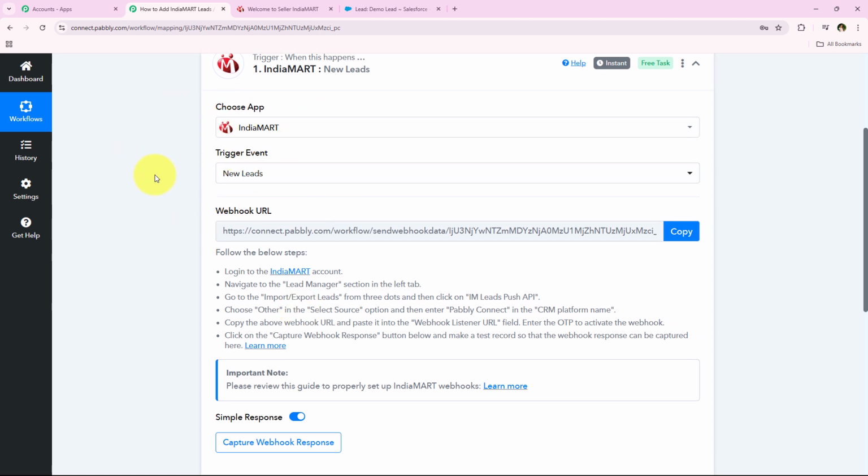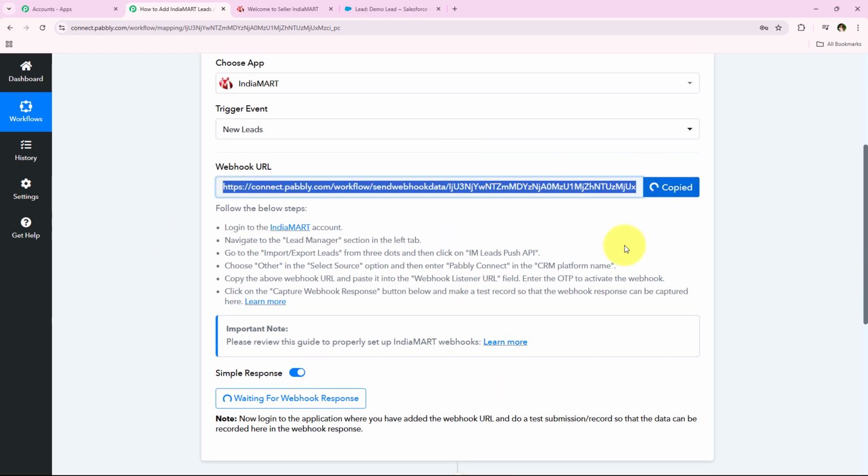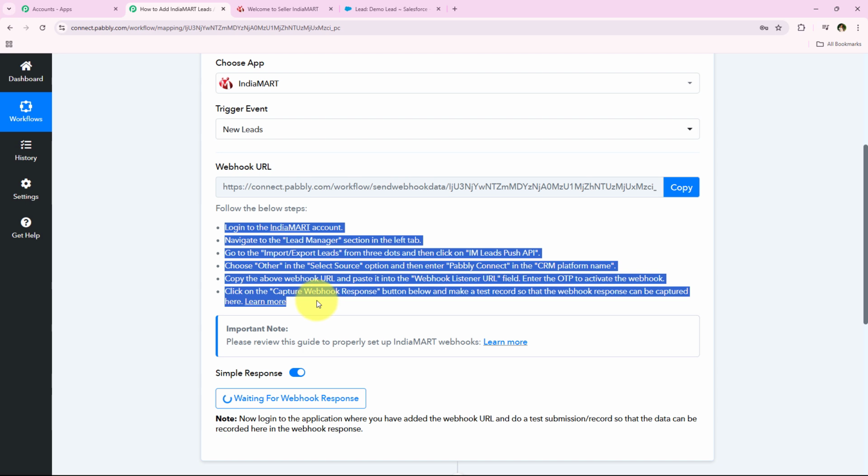Okay, and as soon as we select the trigger event, it is giving me a webhook URL. So what we have to do is we are going to use this same webhook URL in order to create a connection between our IndiaMART account and a Pabbly Connect's workflow. Okay, so first we're going to copy this webhook URL and then we're going to follow this help text, and